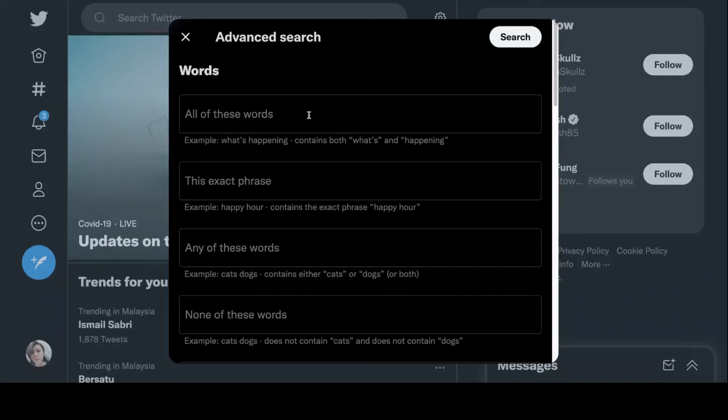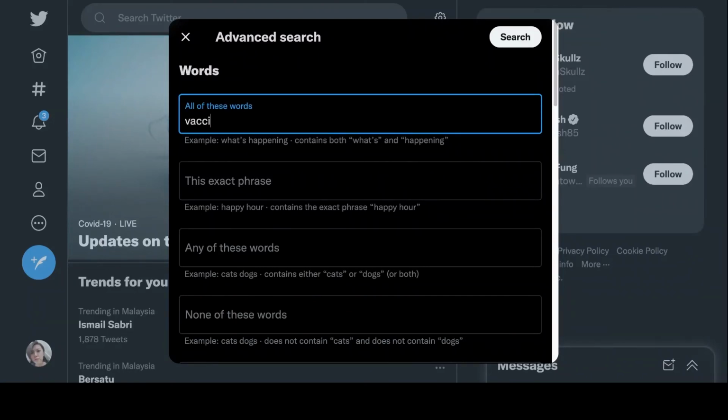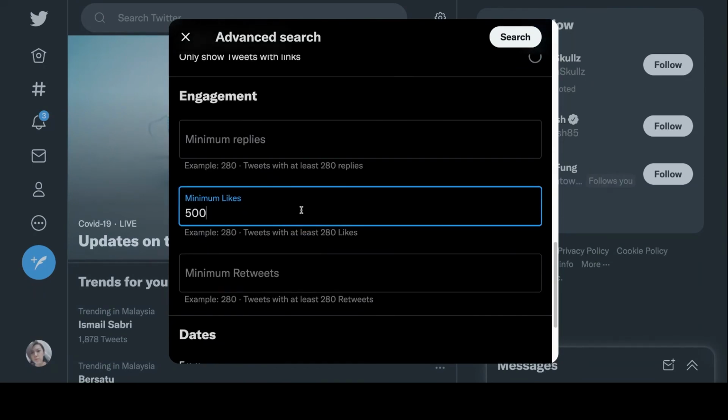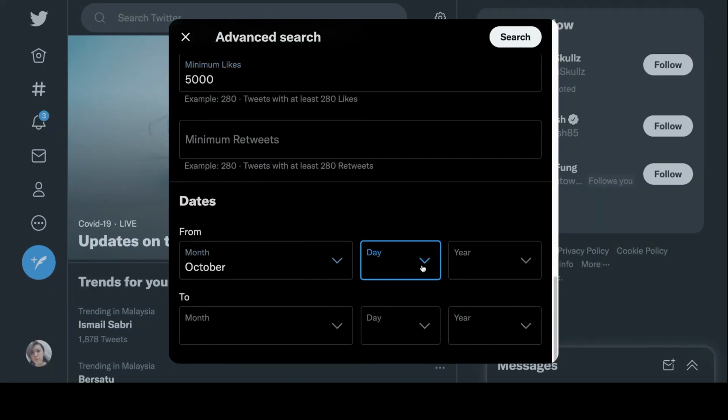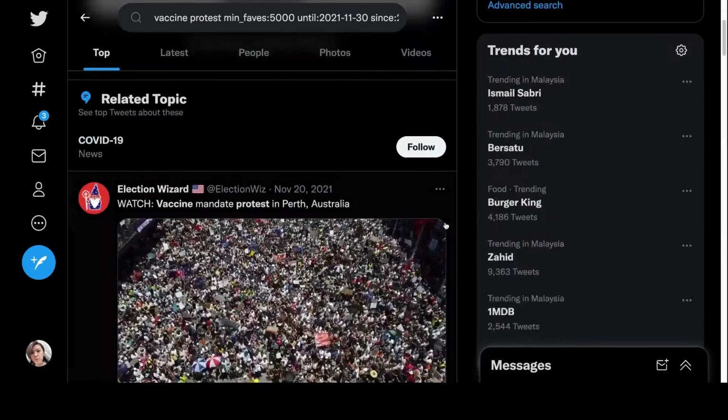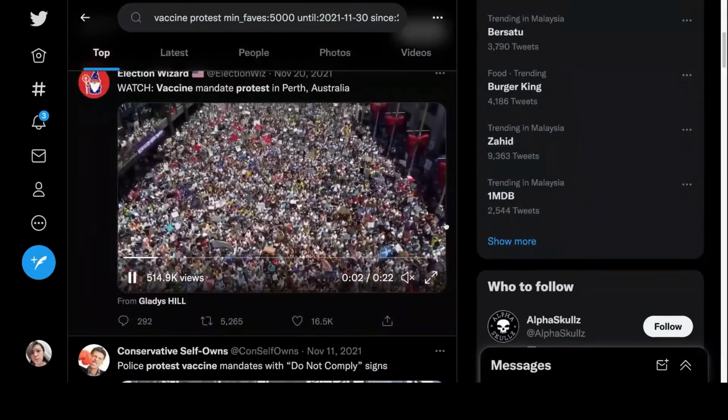First up, go to Twitter's advanced search page. Now you can either bookmark the URL or trigger it with a little search in the Twitter search bar. Now, the solution can only be done on your web browser. Once you're at the advanced search page, type in your keywords vaccine and protest, scroll down to the engagement section, input 5,000 likes as your criteria, and narrow down the dates to the ones we asked for, October 1 to November 30th, 2021. Hit search, and you will see all the tweets that were published during that time frame with